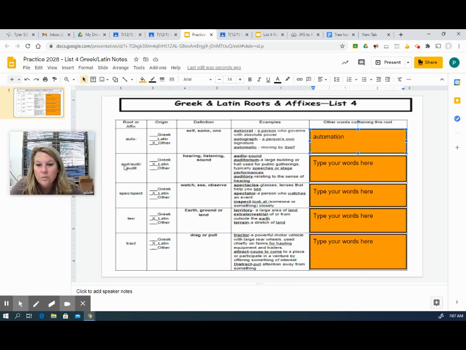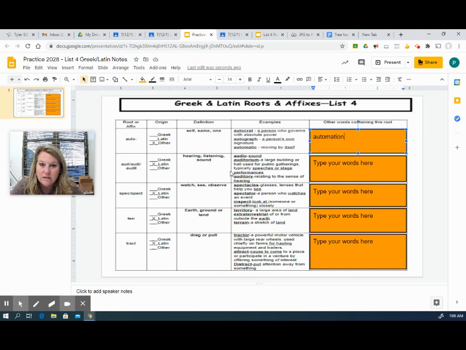So the next root or affix that we would be looking at would be AUD, AUDI, or AUDIT. So it could appear in any word in any of these 3 forms. Okay, so you can see that in our example words, audio, auditorium, and auditory. So any of these versions of this affix are acceptable. Again, you're going to be looking for the definition in these words as well as these letter combinations: hearing,